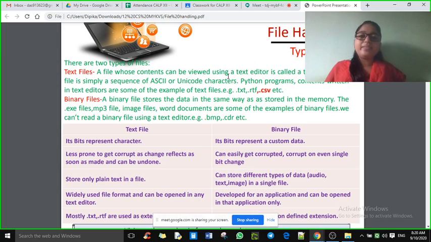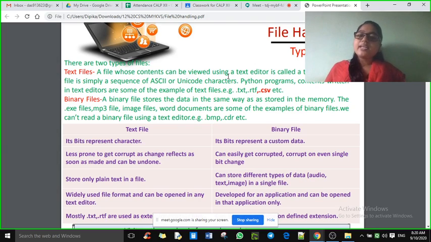0 and 1. So if we consider any string, say 0 0 1 1 1 0 and so on, if by any mistake any bit is changed, say 0 is changed to 1, what will be its impact on that file? It will be corrupted. So remember that a binary file can be corrupted very easily, whereas text files are less prone to get corrupt.